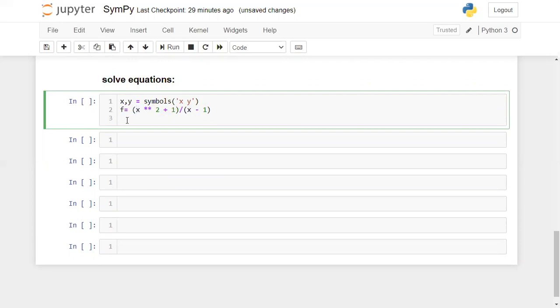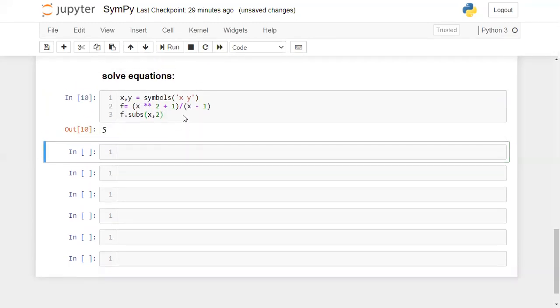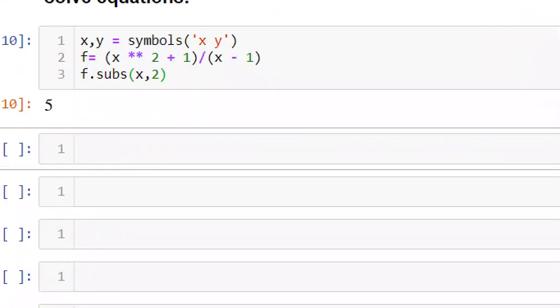Whenever you want to substitute a value, you need to use the subs function. Here you mention your variable name and the value which you want to substitute. Now I'm writing f dot subs x comma 2. Now when I run this, I'll get that value on the screen.